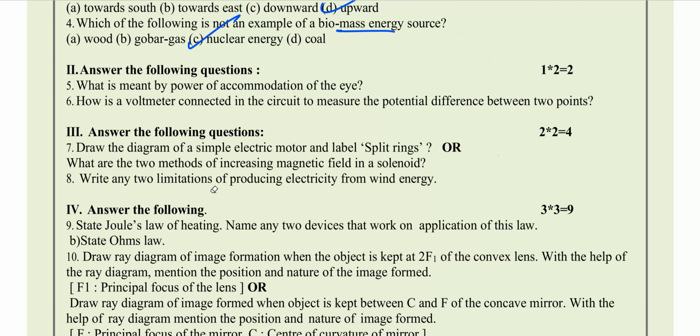Write any two limitations of producing electricity from wind energy. Look, now what drawbacks will you get from using wind energy? What are the limitations? Take down. Point number 1, limitations. Windmill requires,